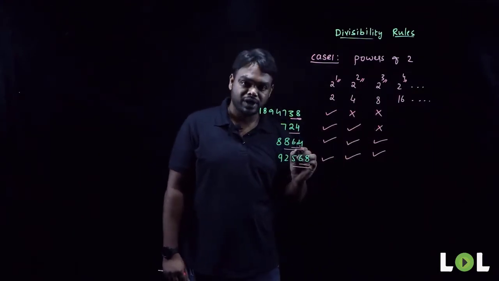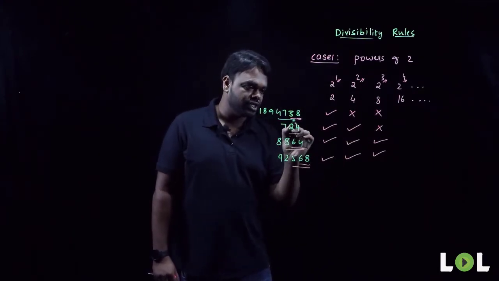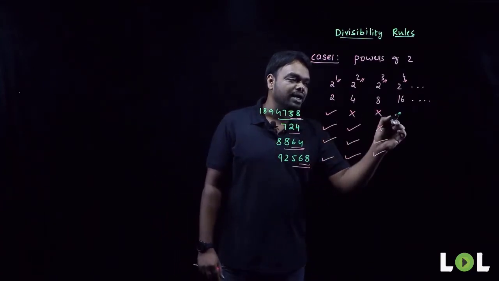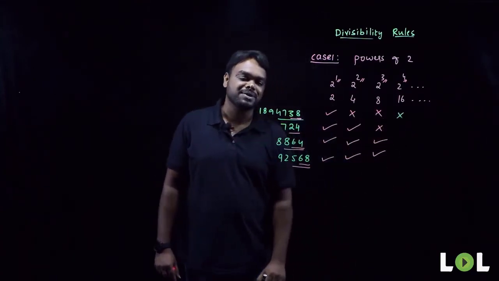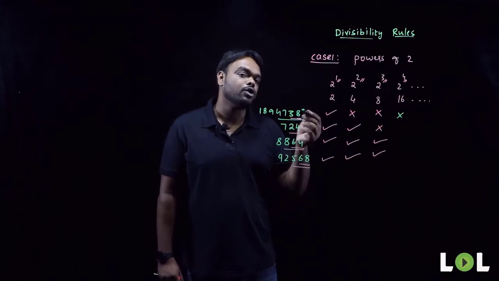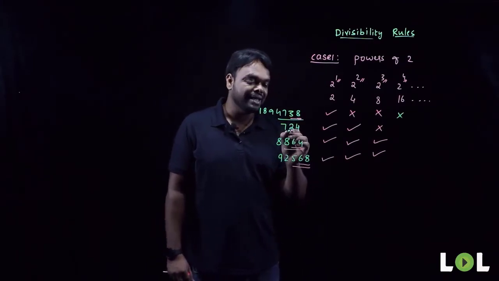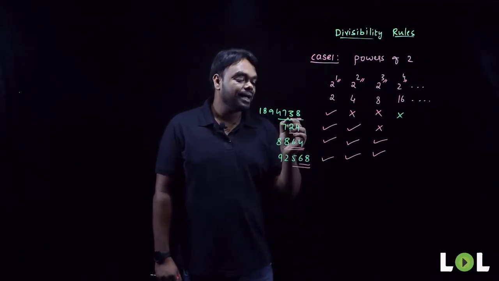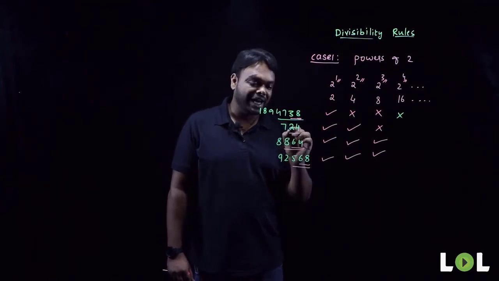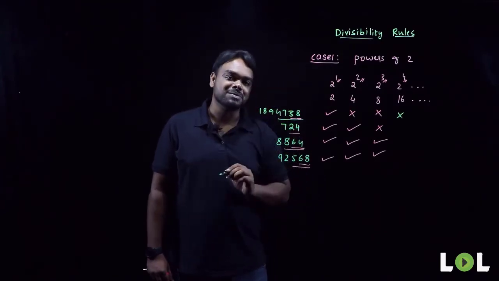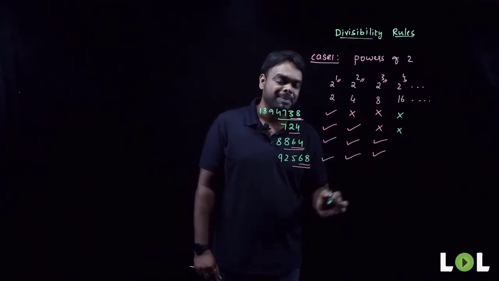We'll check the last 4 digits. Well, this is not divisible by 4 and 8, which means it is not divisible by 16 as well. In this one, anyways, we do not have 4 digits directly. 16 4s is 64. 84 left out. 84 is not divisible by 16. So this number is not divisible by 16.